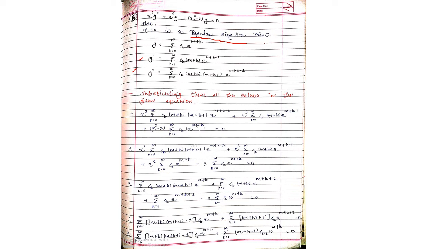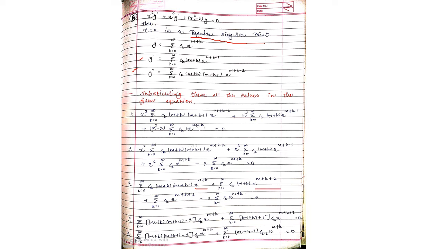Okay. Now in the next step you have to convert into a single term of x, right? So see the first term, first, second and third, these all the 3 terms having 2 terms of x, so we'll convert into the single term. Okay, so summation c_k (m plus k) (m plus k minus 1), this keeping as it is, and यहाँ पे आएगा x square और यहाँ पे है m plus k minus 2. So here it will be m plus k only, right? Because plus 2 minus 2 cancel out. Now here plus 3 and here minus 1, so that will be plus 2, right? So m plus k plus 2.